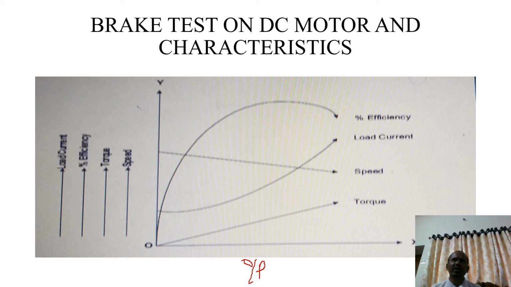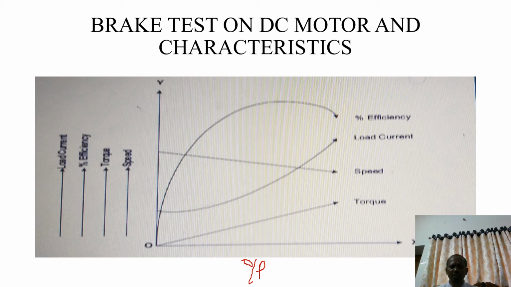So here you can observe that under normal condition, speed is maximum. When applying the load, speed is variable, meaning reduced to some value. By reducing the value of the speed, there is an increase in load current we have to observe. And already we can calculate their performance characteristics of efficiency versus output, speed versus output, load current versus output power. All these characteristics we have to draw.